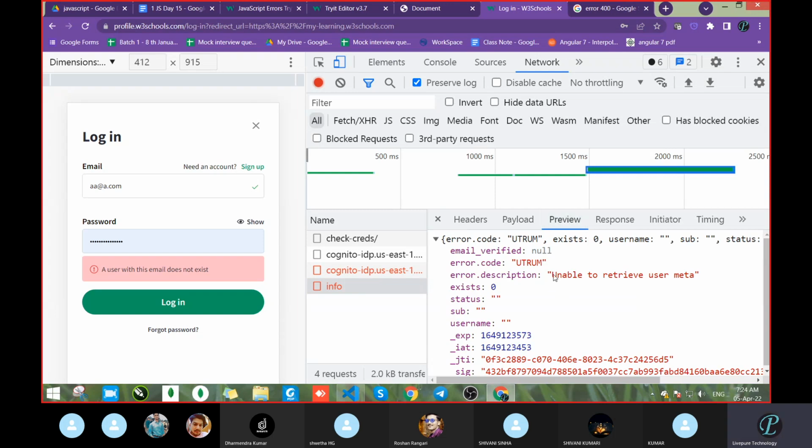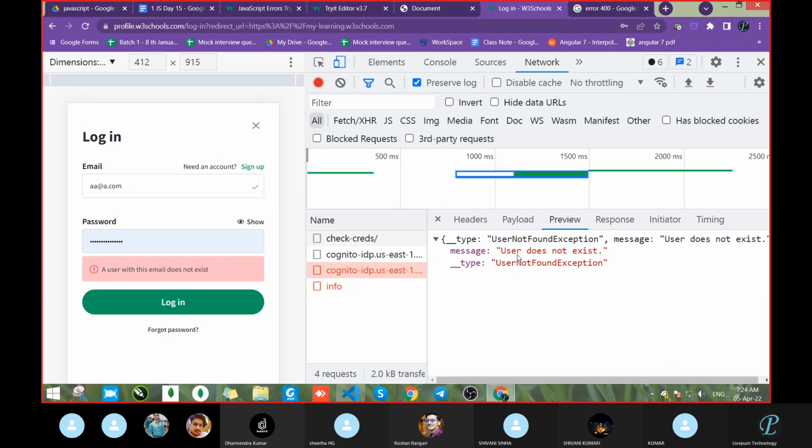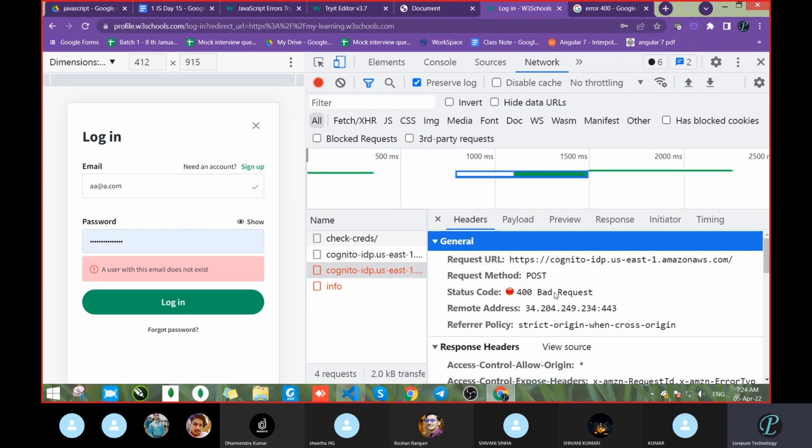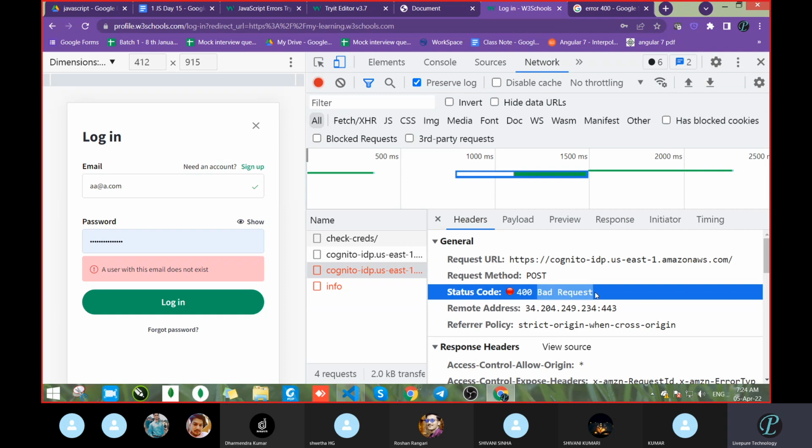Yeah, this message. See, in the message section itself, they wrote that if this message does not come, then which message will come? If we are not defining our message, then the message will be this one, 400 Bad Request.